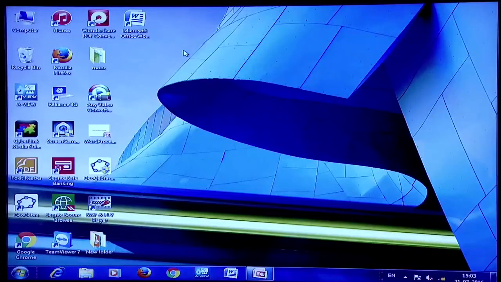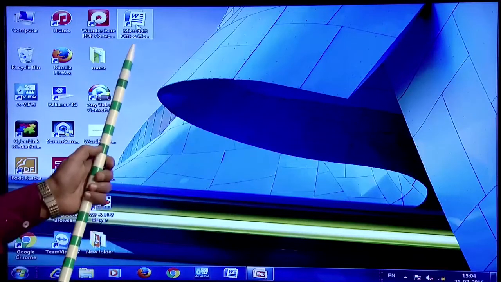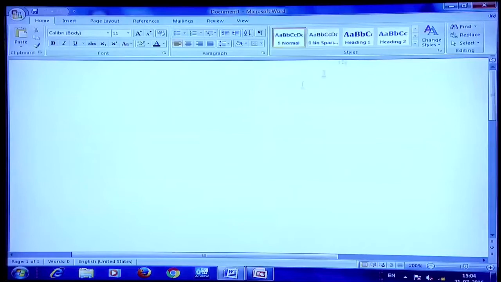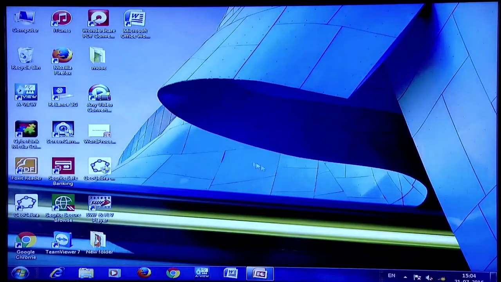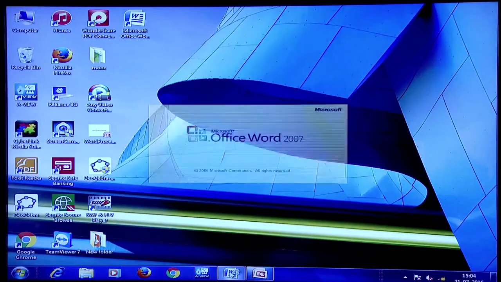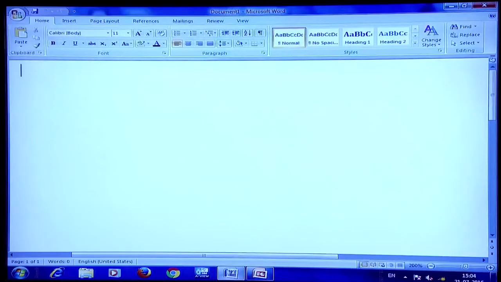The second method is to double click at the icon which is present at the desktop. It is not that it is present at all the desktops. If it is present, then we can double click it. You see this button, double click it and then Microsoft Office opens. The third method is to click at the icon which is present at the taskbar. Again, it is not that on all the computers you will see this button at the taskbar. If it is present, then you can click it and then the Word opens. So, these are three methods of starting MS Word.